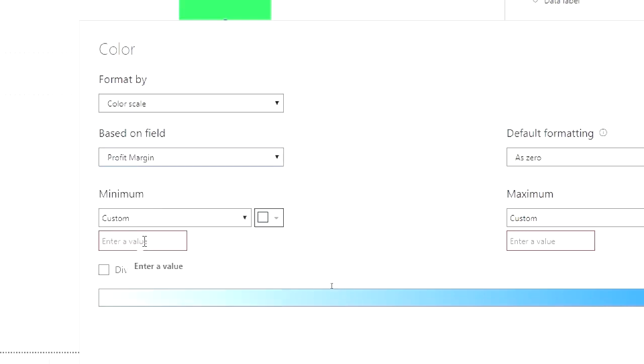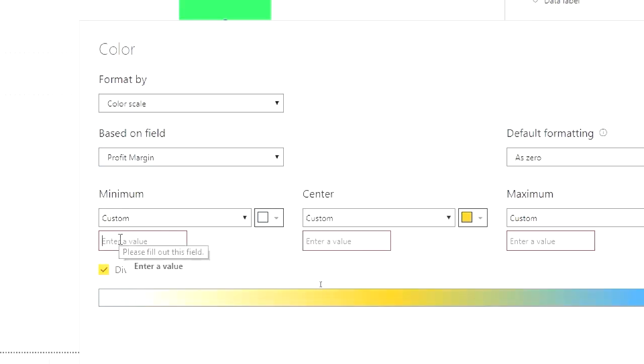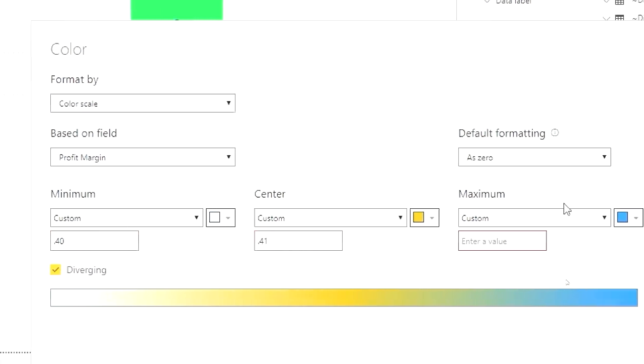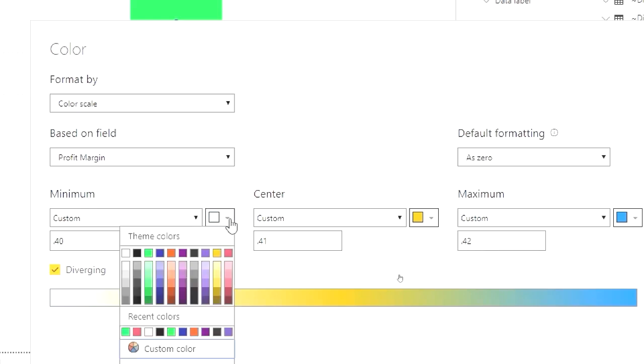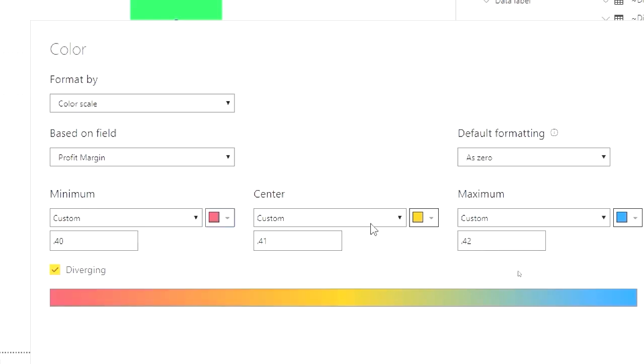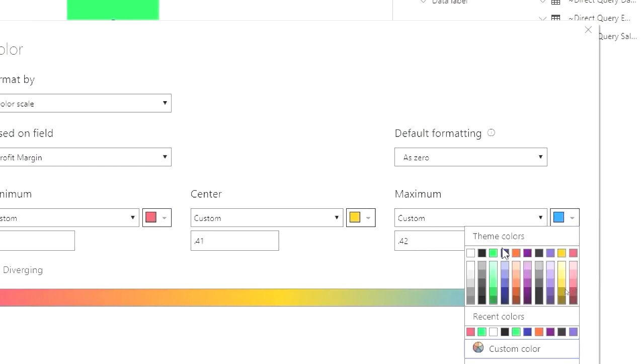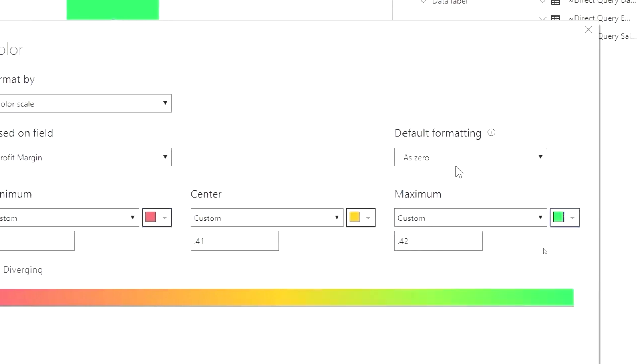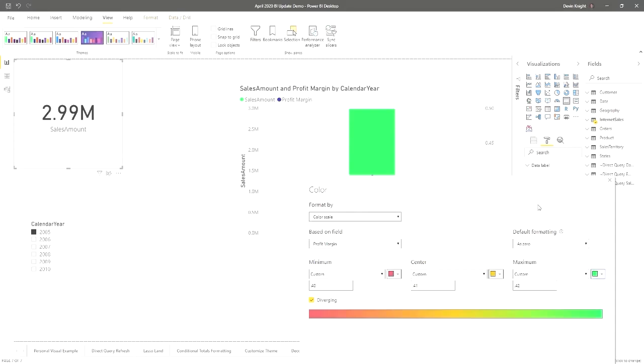So profit margin. And let's turn it into diverging. And because I know this data, 0.40 is the lowest, 0.41 is the highest usually, and 0.42. We have really good profit margins. They stay very consistent from year to year to year. And let's make sure we can really see this. I'm going to change this color up here to red real quick. We'll keep that yellow, and then let's change this into that crazy neon green. All right, so now,